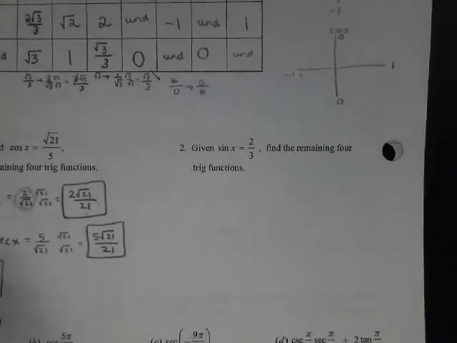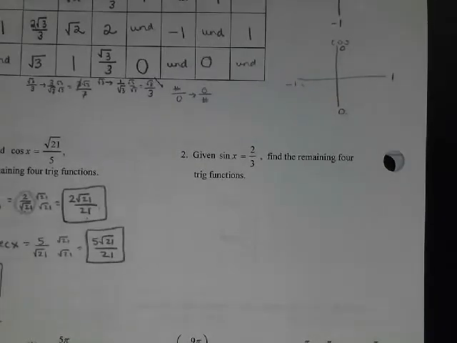Okay, for number 2, it gives us sine and asks for the remaining 4 trig functions, which is interesting because I would say that there are 5 more. We can find all 5. This one's a little different because we're not given 2 to start. So when we're only given